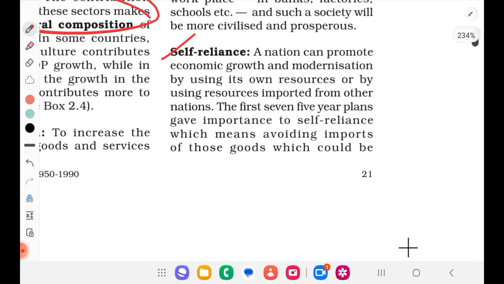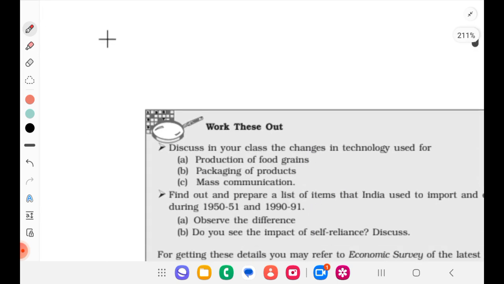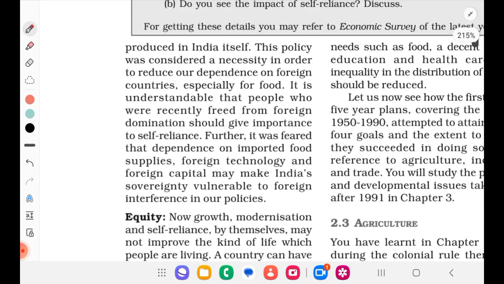Self-reliance. A nation can promote economic growth and modernization by using its own resources or by using resources imported from other nations. The first 7 5-year plans gave importance to self-reliance, which means avoiding imports of those goods which could be produced in India itself. This policy was considered a necessity in order to reduce our dependence on foreign countries, especially